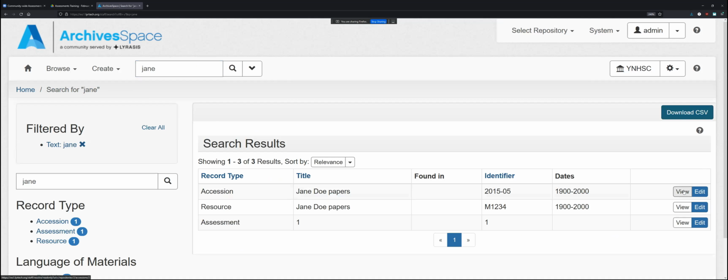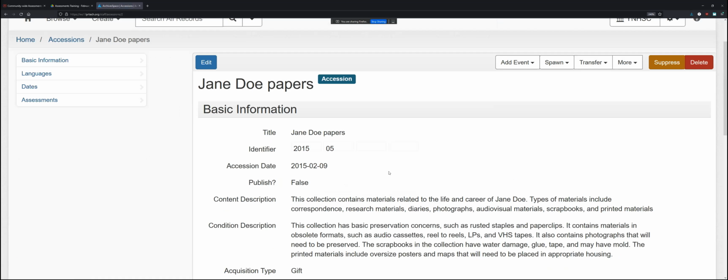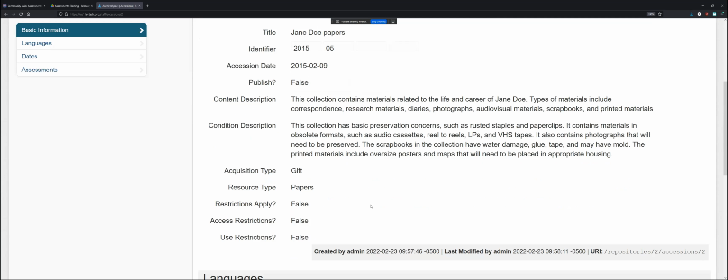So we're going to view this accession record. We see we got this accession back in 2015. It hasn't been processed. In content description, we see that it has correspondence, research materials, diaries, photographs, audiovisual, scrapbooks, and printed material. But then we get into condition description, and this talks about the basic preservation concerns, your rusted staples and paper clips, but there's also obsolete media formats such as audio cassettes, reel-to-reels, LPs, so your vinyl records,